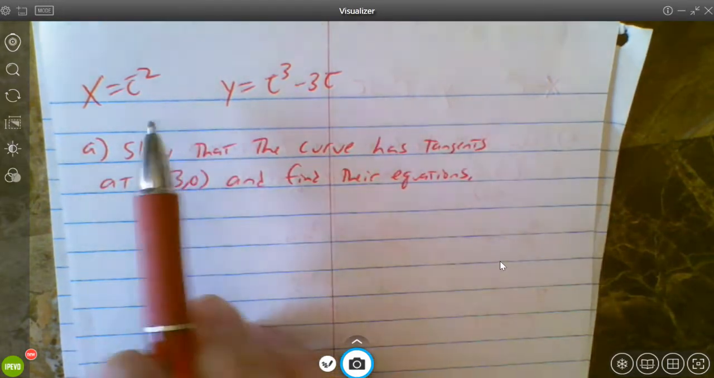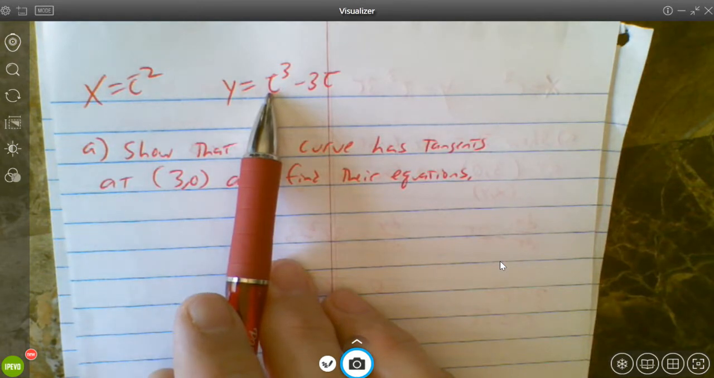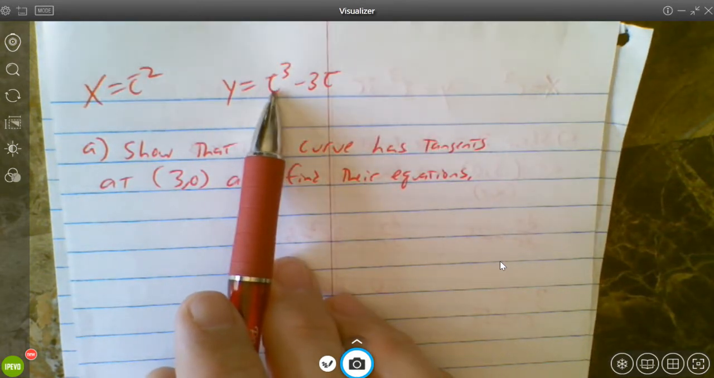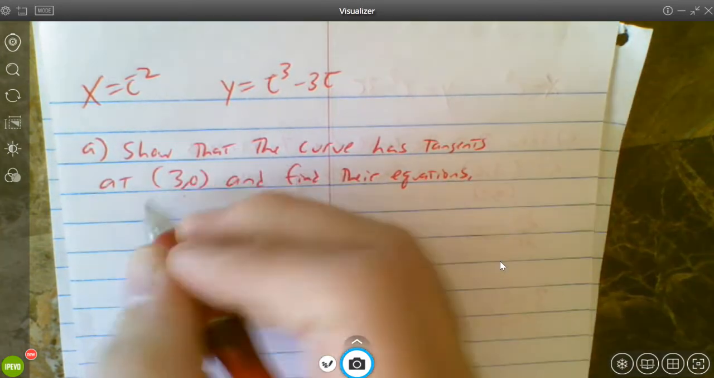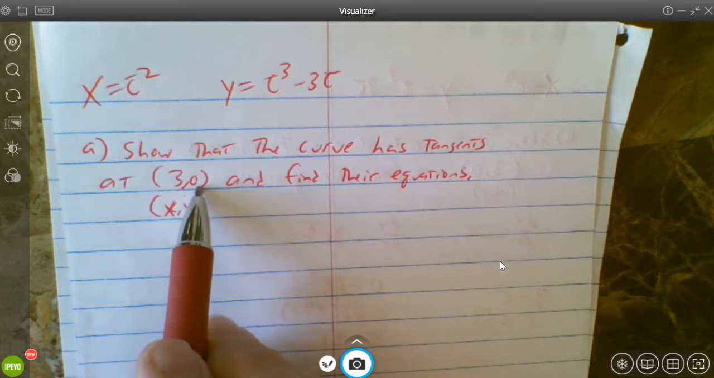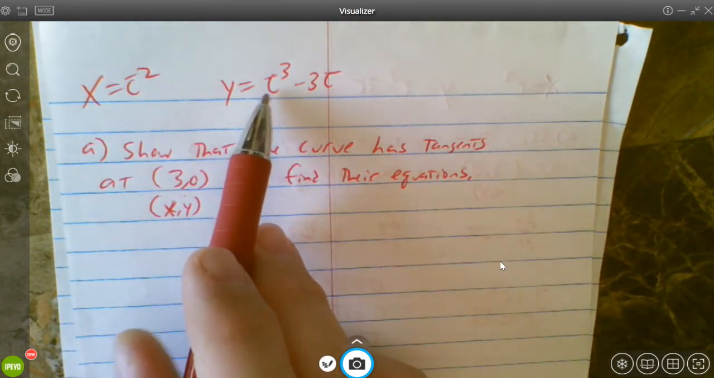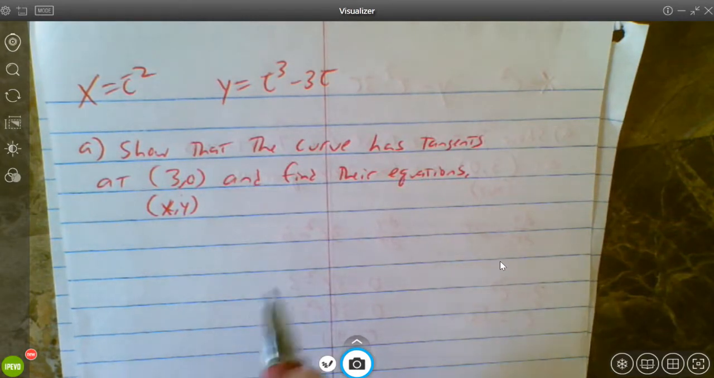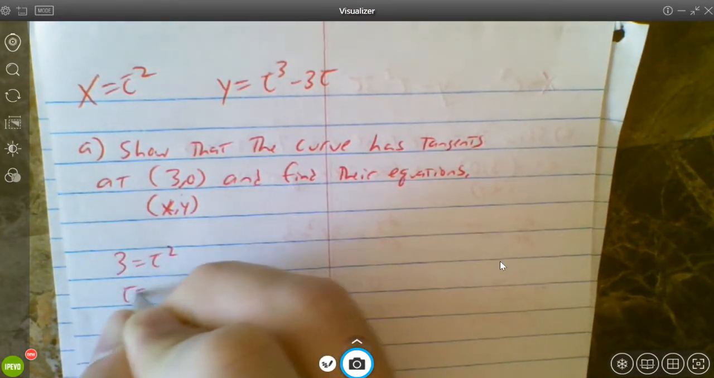And since they gave us our x and our y in terms of t, we kind of need to figure out what t values are creating this point. So if this is our point (x, y), well, then x is obviously going to be 3 and y is going to be 0. We can set them equal to those values independently and figure out what t value makes those happen. So if x is going to be 3, well, then t is going to be plus or minus the